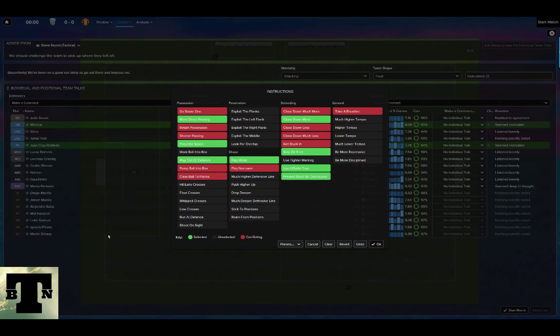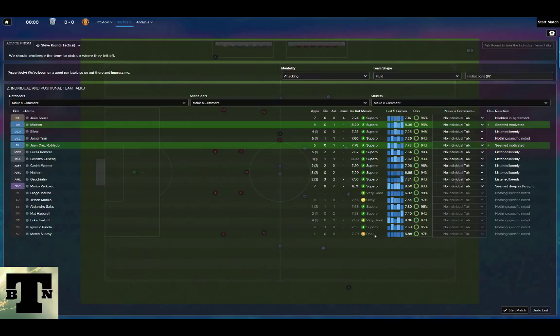Why do I choose these shouts? Firstly, I've got players on attack right up front, in the round outer and inside forward, so more direct passing makes a lot more sense. Pass into space because I'm playing wide, there's space to be exploited, and I've got players who can do OTB quite well, which is off the ball, or go higher tempo as well. Play out of defense, I don't know. As you can see, the shout says play out of defense, which encourages defenders to pass their way out of trouble instead of pumping the ball long. So we'll leave that without changing it.